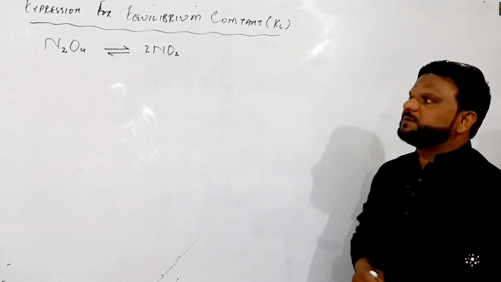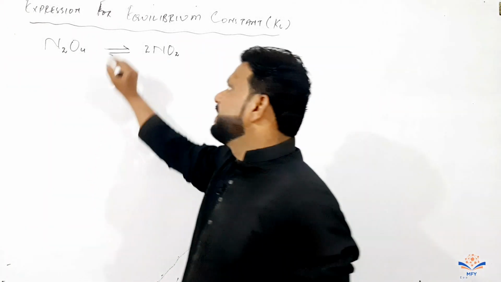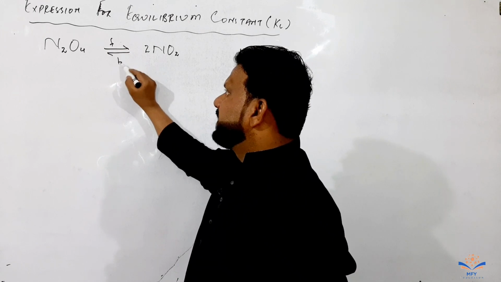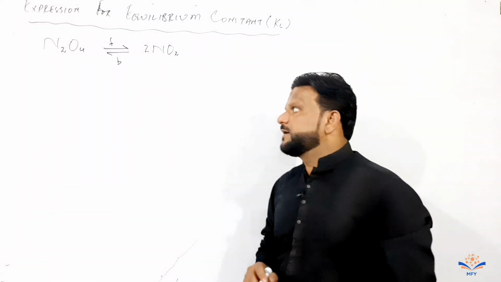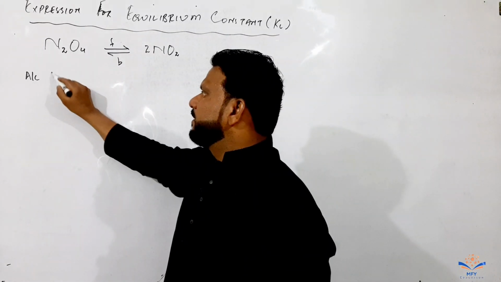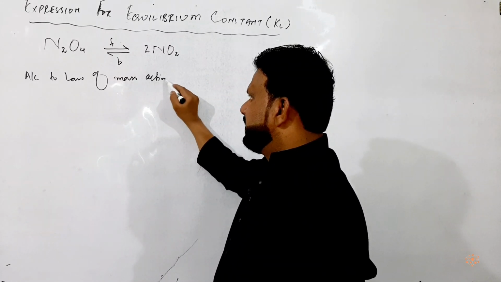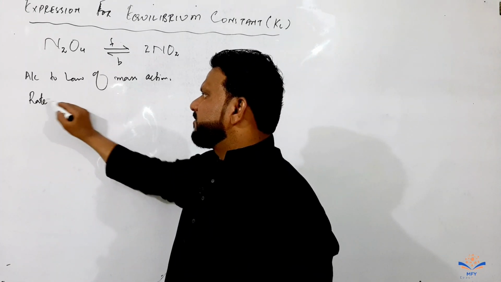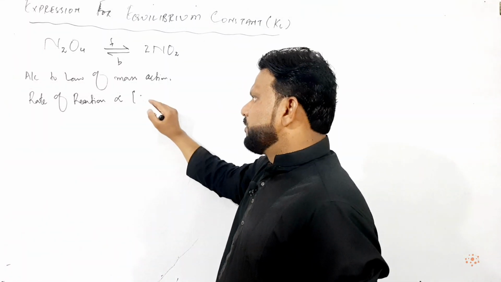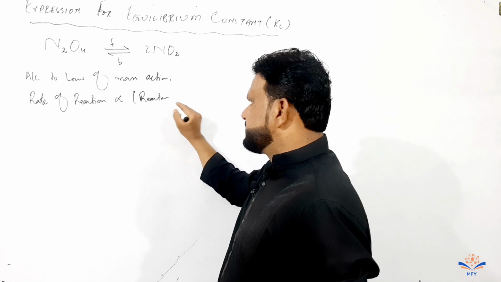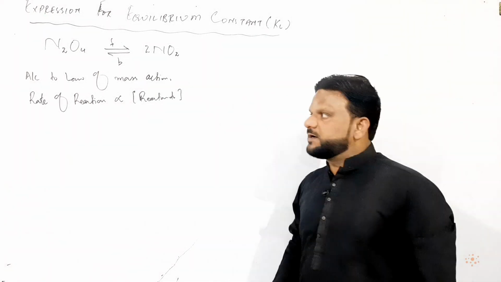This reaction is reversible in nature. So we are going to derive the expression for Kc. For forward reaction, dinitrogen tetraoxide is a reactant, and for backward reaction, nitrogen dioxide is a reactant. According to law of equilibrium or law of mass action, we know that rate of reaction is directly proportional to the active mass of reactants. If reactant is more than 1, then product of active masses of reactant.